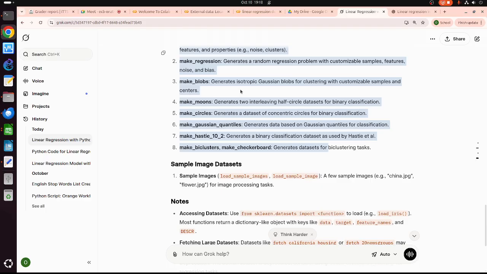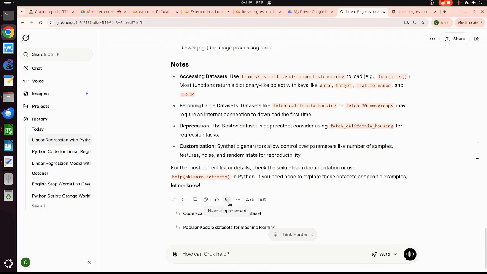Now we can also ask how many modeling algorithms we can use in sklearn. For example, make a list of model algorithms in sklearn. In the previous example, I always used linear regression because that's linear data. Make a note of how to use it correctly.